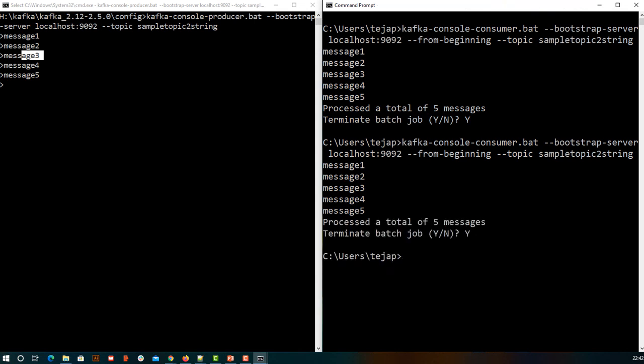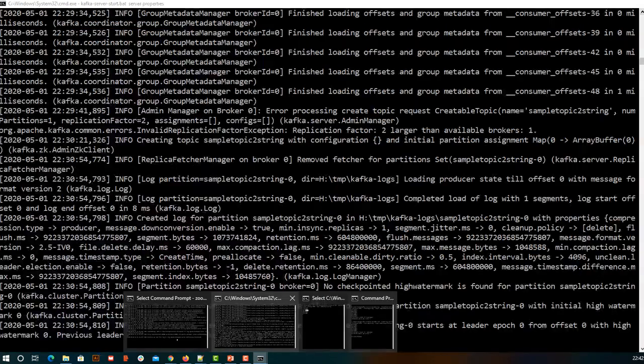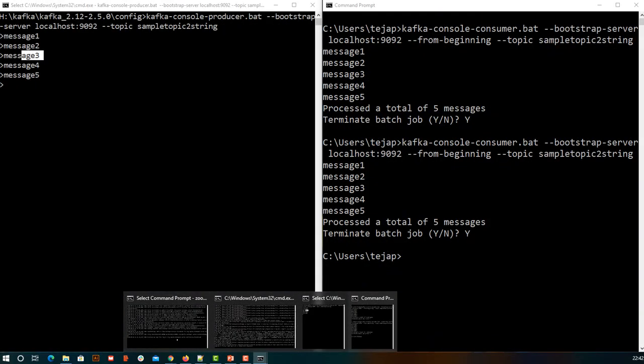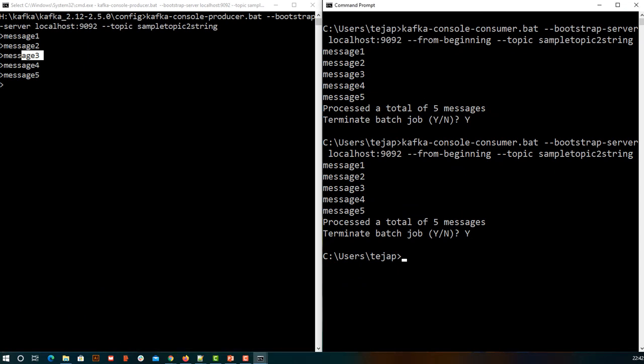So today we have created one producer and one consumer, and we had one server running and one Zookeeper. That was our whole thing. Today we only produce a string and consume a string, but in the upcoming videos, first we are going to have an application which produces and consumes a string, and in the following video, we'll have different formats like JSON and XML to be produced and consumed. There we will come across the new concepts called serialization and deserialization.